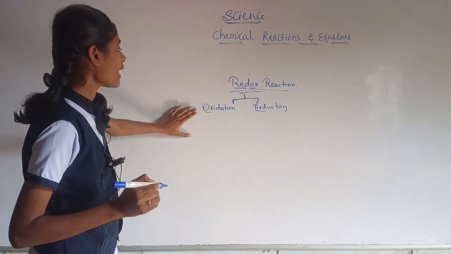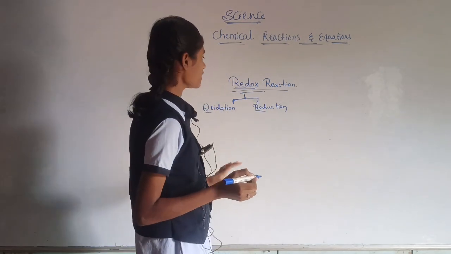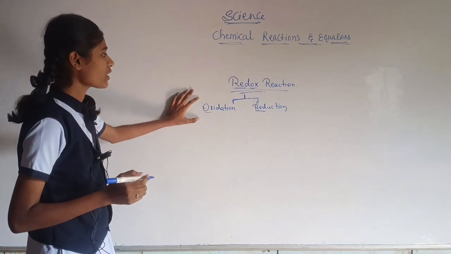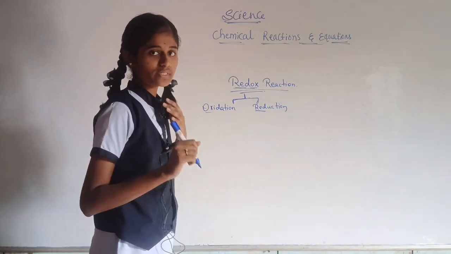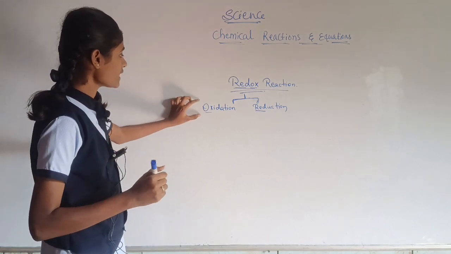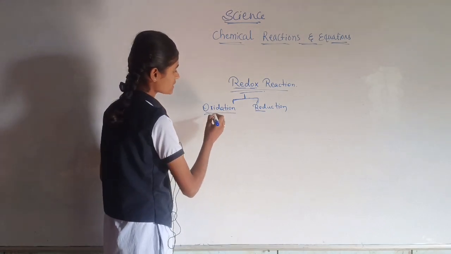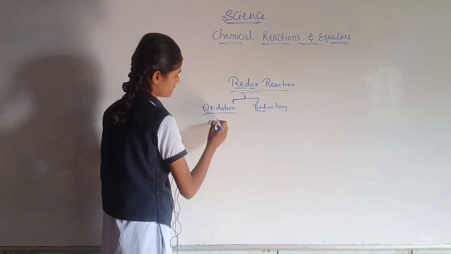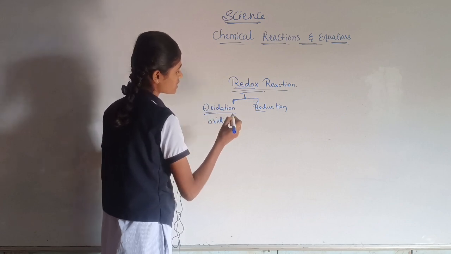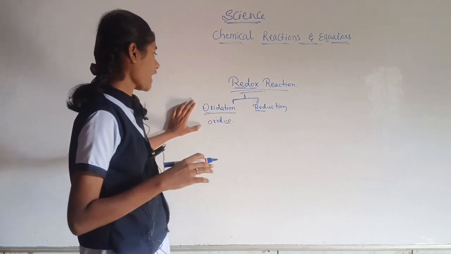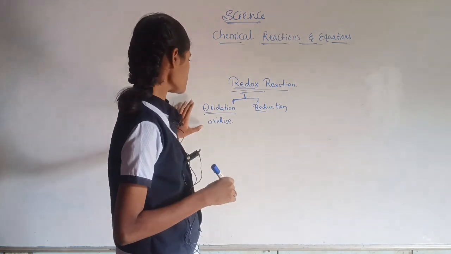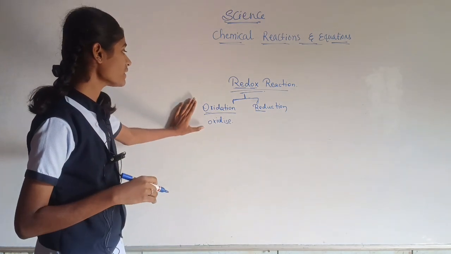So now we will see what happens in the oxidation and what happens in the reduction. An oxidation reaction is a type of reaction in which oxygen is added to a substance. The word oxidation means to oxidize. What is the meaning of to oxidize? It means to gain oxygen. So when oxygen is added to a substance in a reaction, it oxidizes itself,